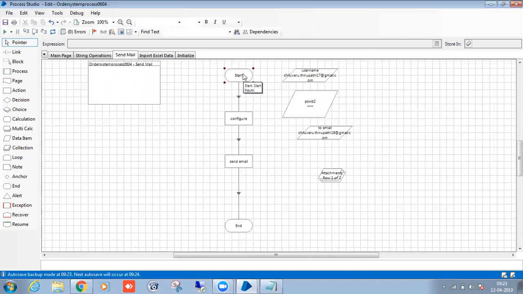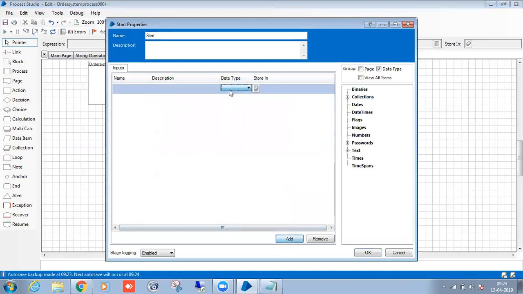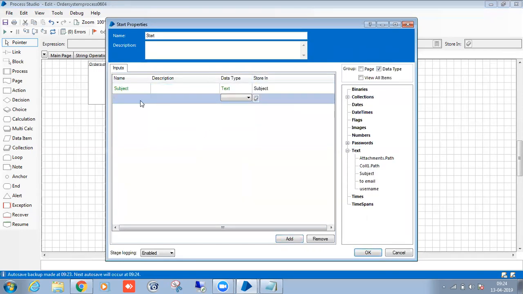This is called the sub page, right? So, subject. For the subject, a successful transaction has a separate subject, and an exception also has a separate one, right?